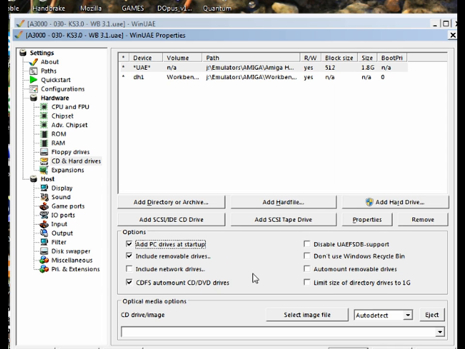Everything else you don't really need to worry about. You can use the recycle bin and link that to your PC. You can auto mount those CDs there, but that should do that anyway. You can limit the file size of drives to 1 gig to make that more compatible, but there's really no need to do that. But the other interesting option on this page is actually the CD option,